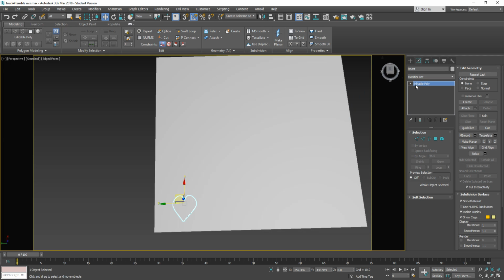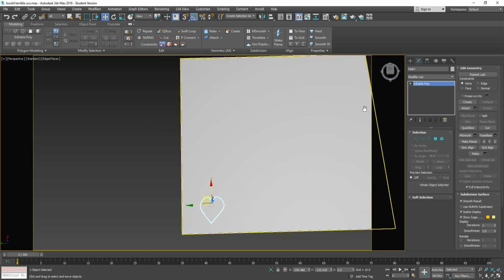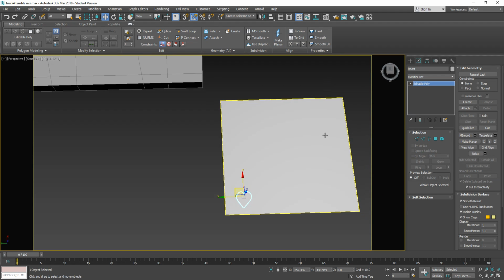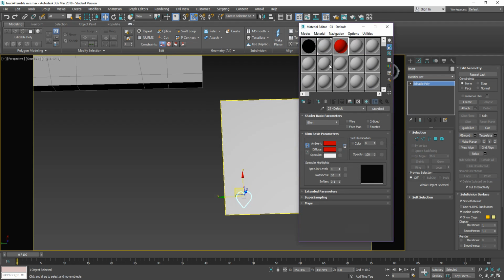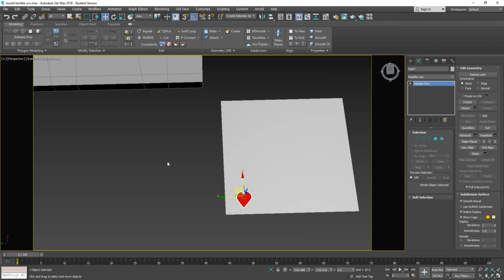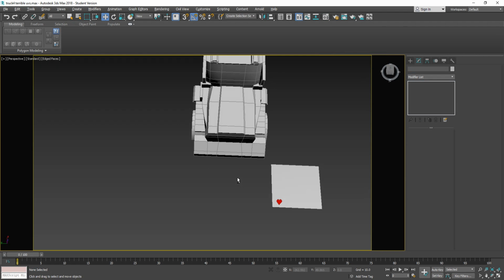Let me see, other things I think I'm going to need to draw just directly onto it. So I'll show you how to do that as well. I don't know if I'll get much time to do the entire thing, but if I do, great. Now I'm going to apply this red material to that. Okay, there we go. Now if I look at my truck,